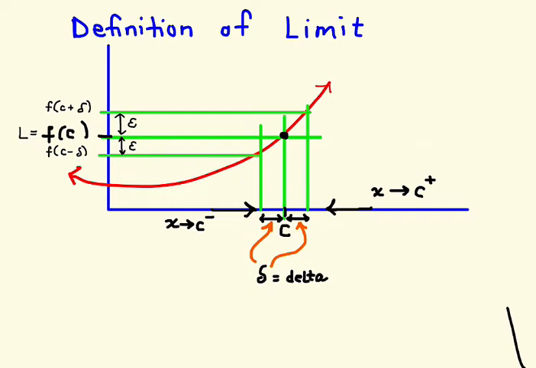Assume f is a function in the neighborhood of c. In the neighborhood of c means that the x value is somewhere around c, in an interval including c. And let c and L be real numbers, okay? So c is a real number, L is a real number. The function f has a limit L as x approaches c, that is from the right and from the left, if given any positive number epsilon, there is a positive number delta such that